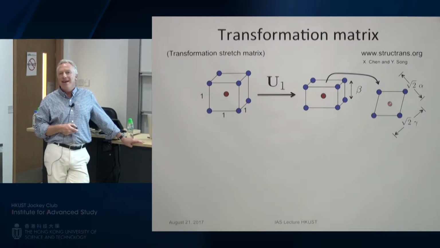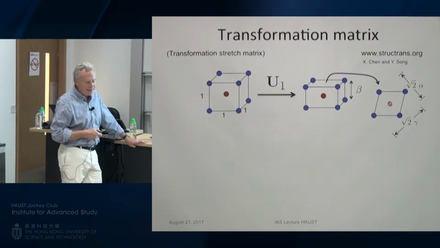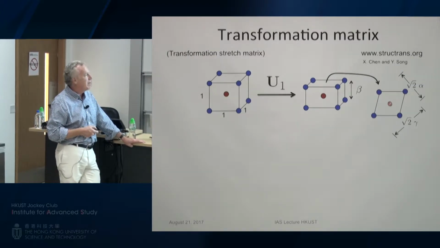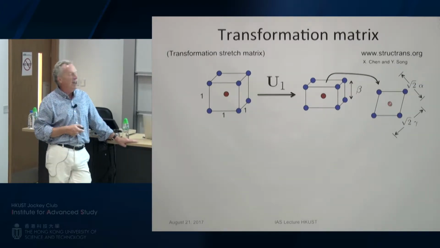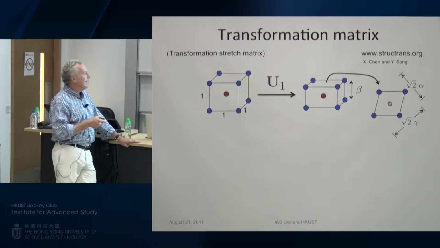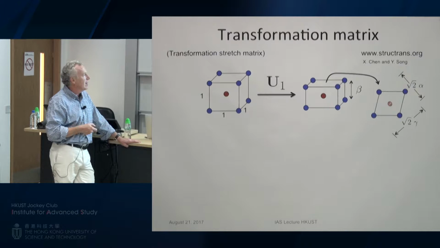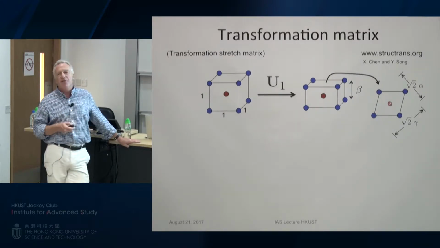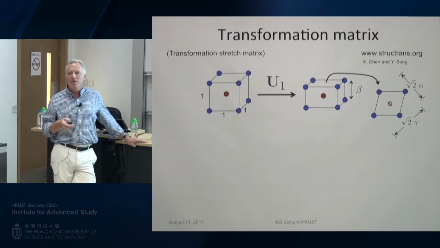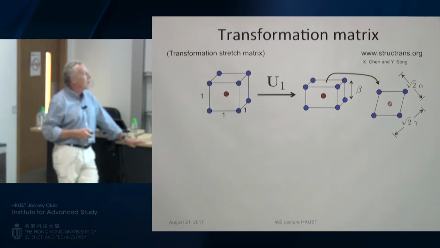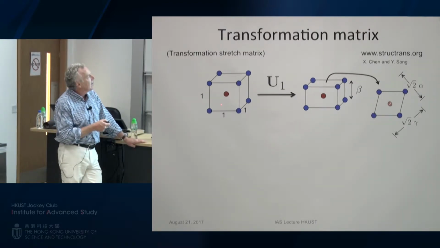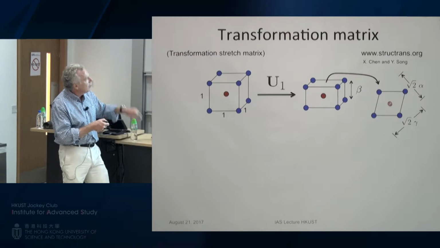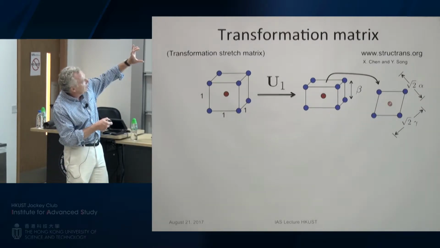So this is a basic quantity. It's a 3x3 matrix, which is used to quantify phase transformations. It's the linear transformation which takes the high temperature phase to the low temperature phase. Now I'll do a slightly different example from the cubic to tetragonal one: a cubic to orthorhombic example. That's the case where the transformation consists of the cube